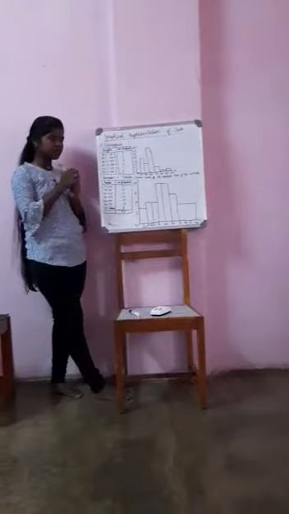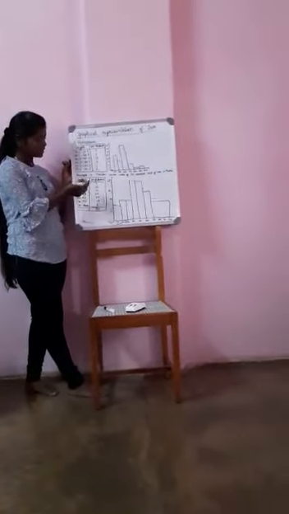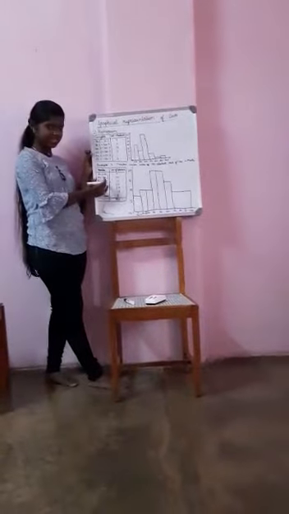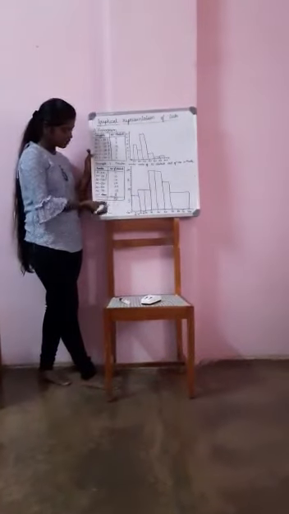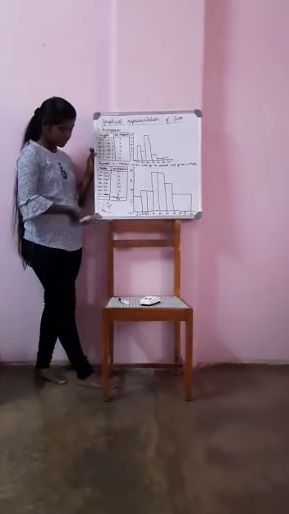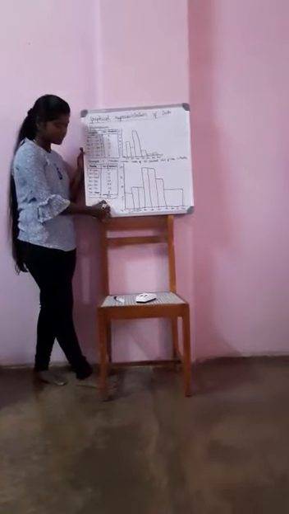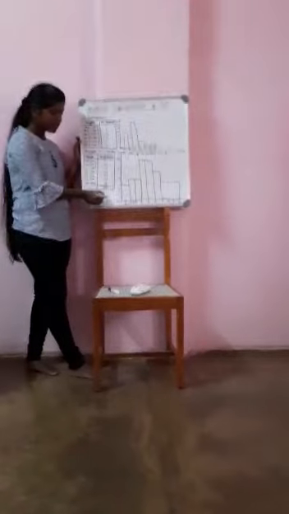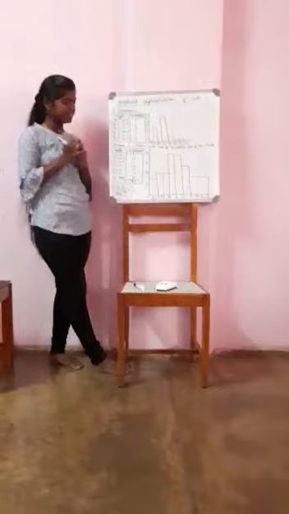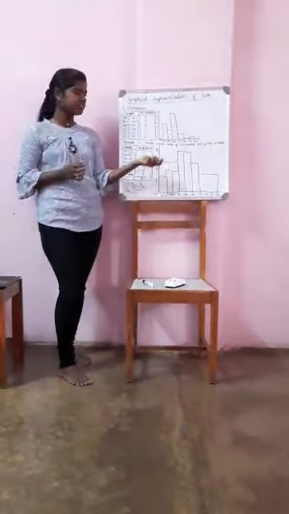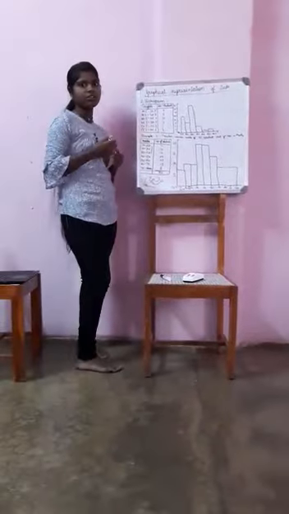So when a sum comes like this, you see the class width of all the intervals given here is different. For the first one it is 20. For the second one the class width is 10. For the last one, 70 and above, that is from 70 to 100, the class width is 30. So here all the class widths are different. When the class width is different, definitely your graph is going to be like this, which is wrong, which will lead you to a misunderstanding of the frequency, that is the number of students.